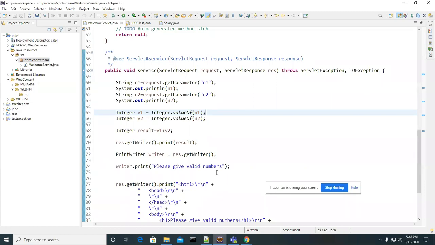So I'm going to explain how to edit the same table, how to update, edit and delete the data from that table, and also insertion of data into that table.